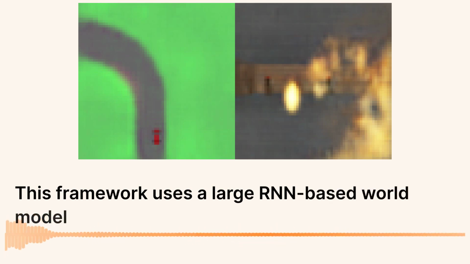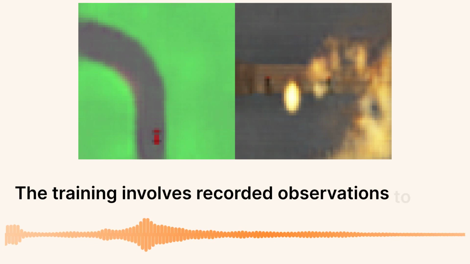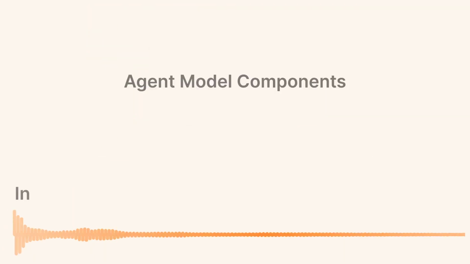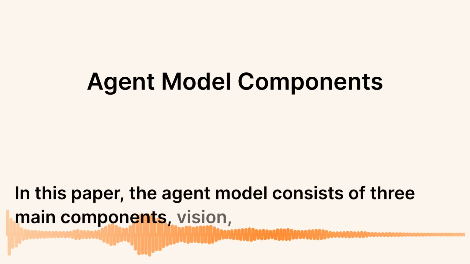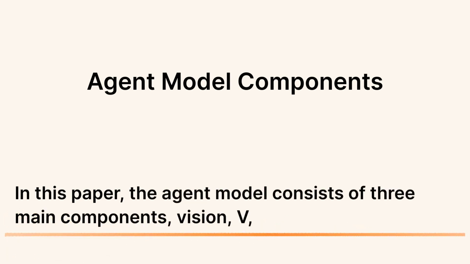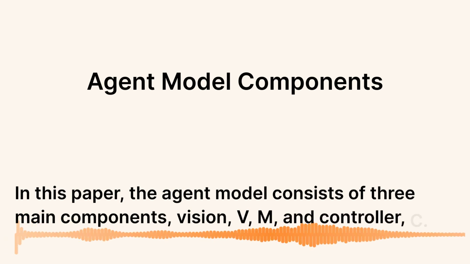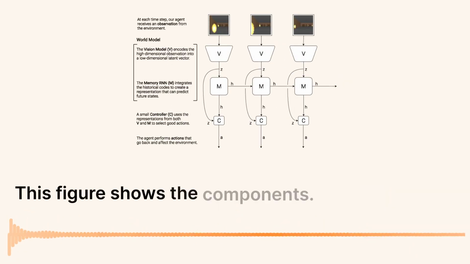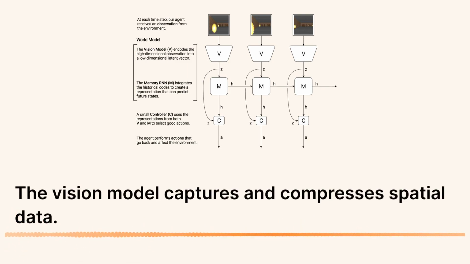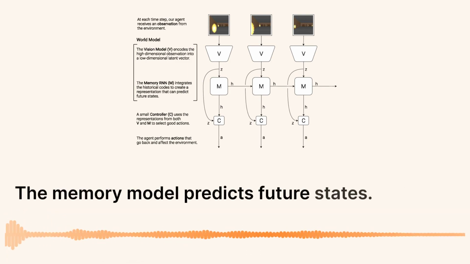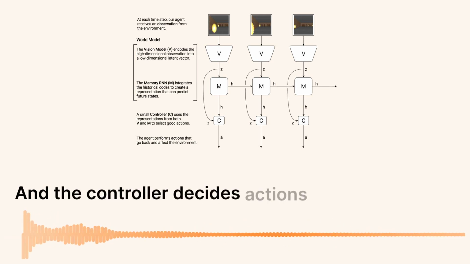This framework uses a large RNN-based world model to mimic environments. The training involves recorded observations to create these models, later used to train agents. In this paper, the agent model consists of three main components: vision, V, memory, M, and controller, C. This figure shows the components. The vision model captures and compresses spatial data, the memory model predicts future states, and the controller decides actions based